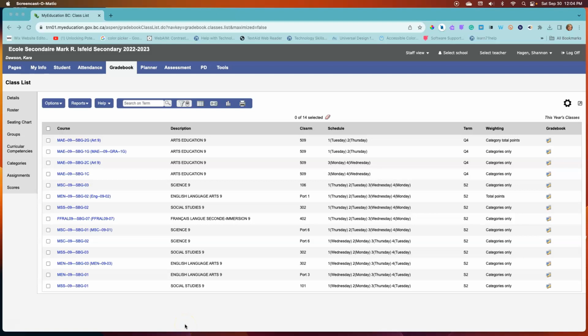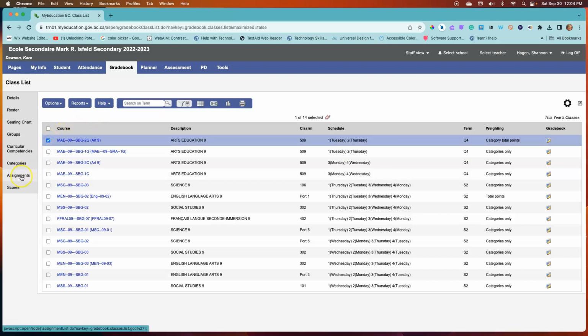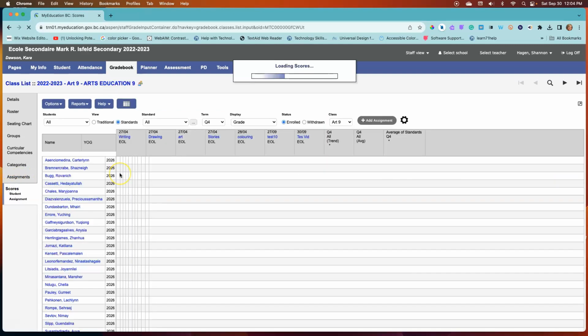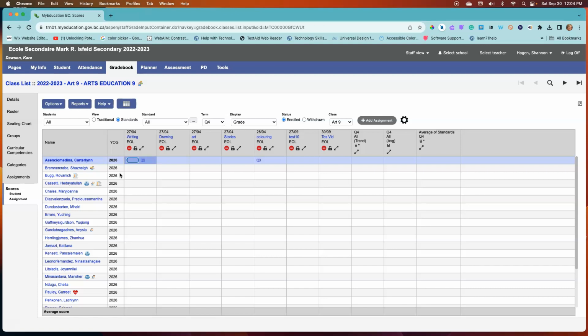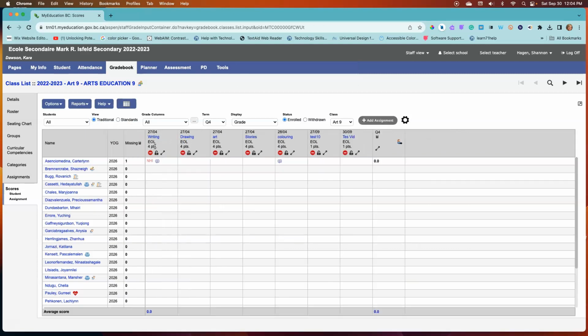Once we've added the assignment, we can go in and enter marks for it. So I'm going to select the course that I had it selected under and go to my scores side tab. Now, by default, what happens is it brings you to this screen. As a matter of fact, this screen as the traditional view will look very familiar because this is where traditionally